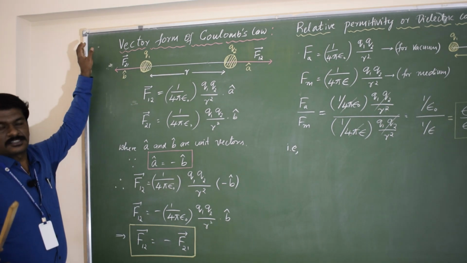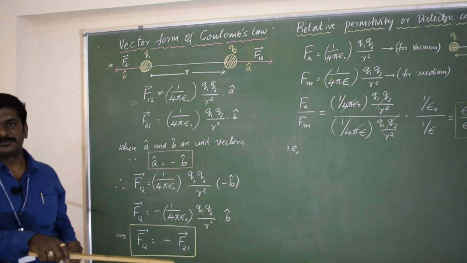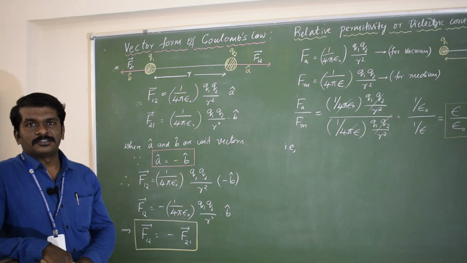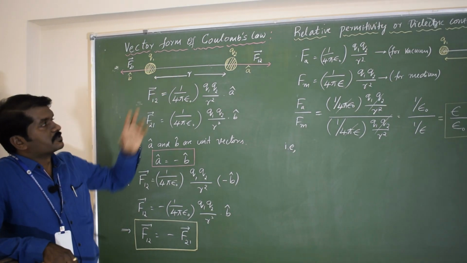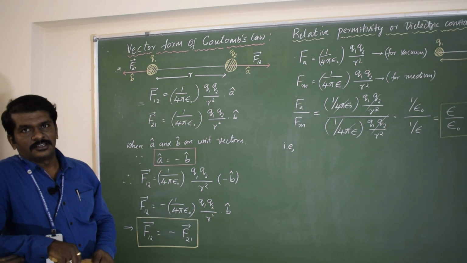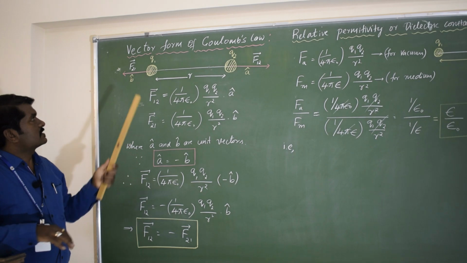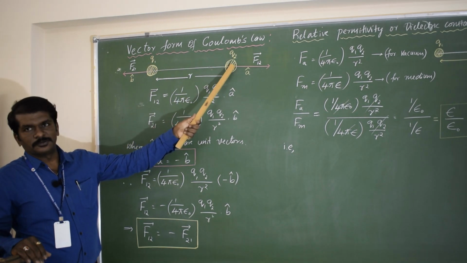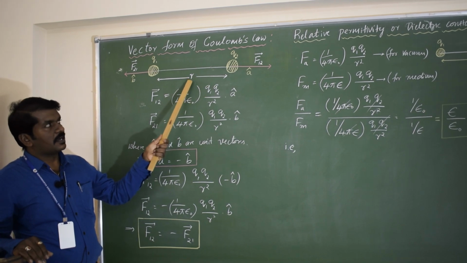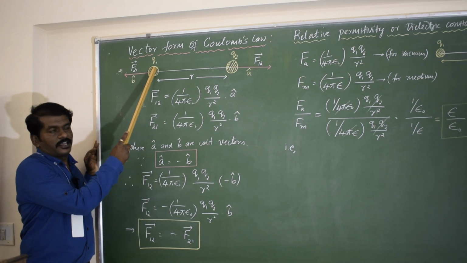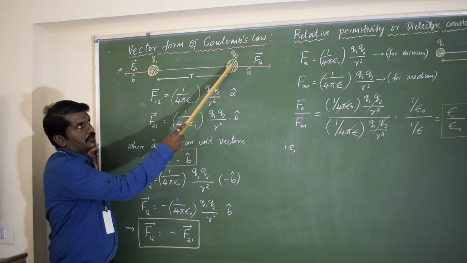See, the next concept is the vector form of Coulomb's law. As we know, in the last concept we studied Coulomb's law. Here, we are determining the vector form of Coulomb's law. To explain this one, let us consider 2 point charges, Q1 and Q2, separated by a distance r in free space. This Q1 exerts a force on Q2, and that is given by